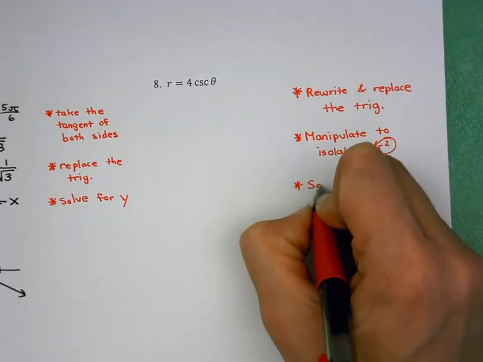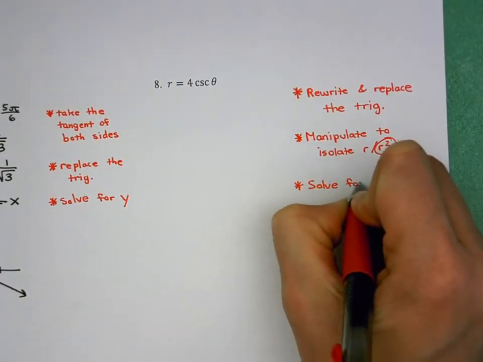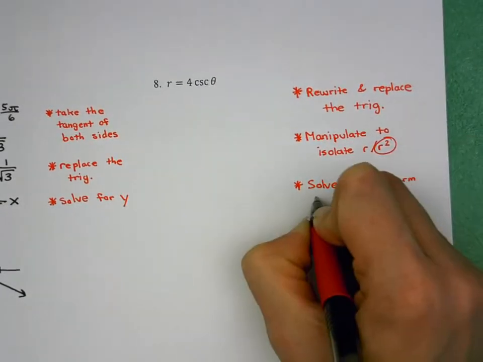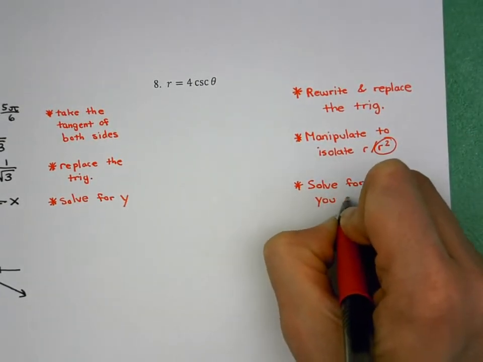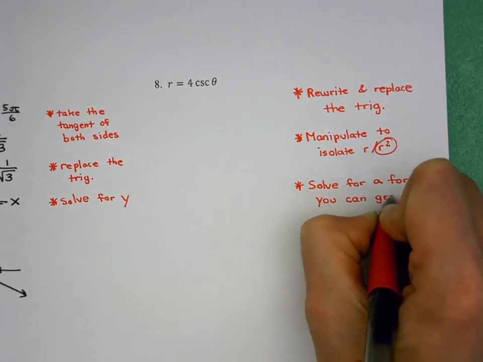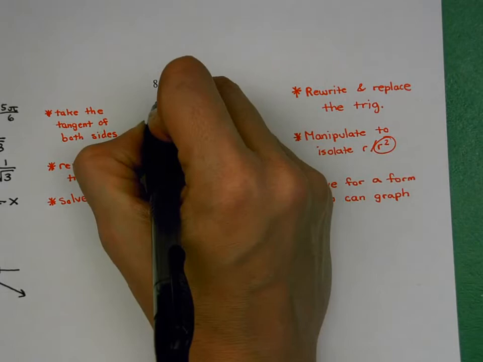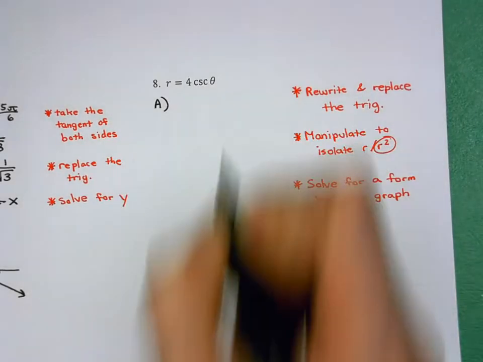And then solve for a form you can graph, which I know is a very broad idea. This could be a line, it could be a circle, but anything that you can plot points on and somehow get that graph. Okay? Okay, so part A with number 8 here, we're going to go ahead and start with